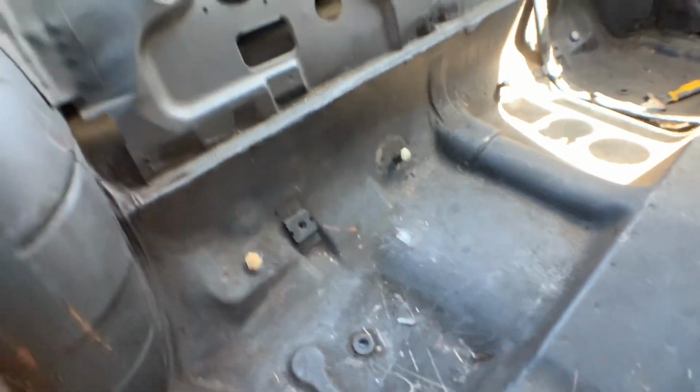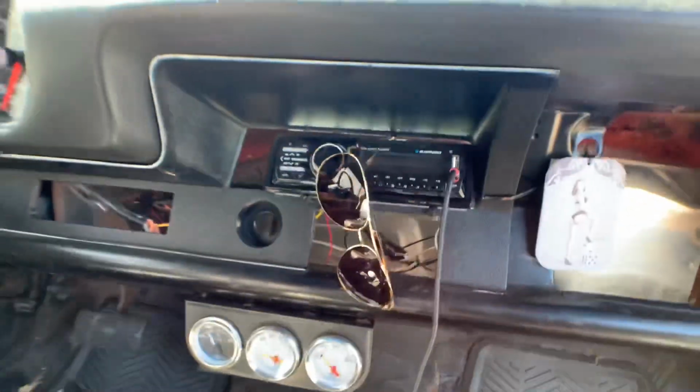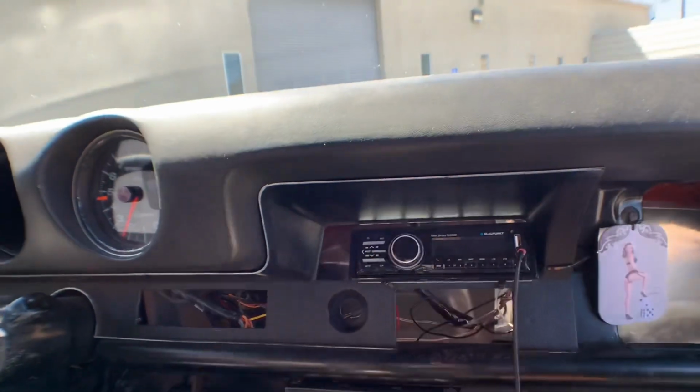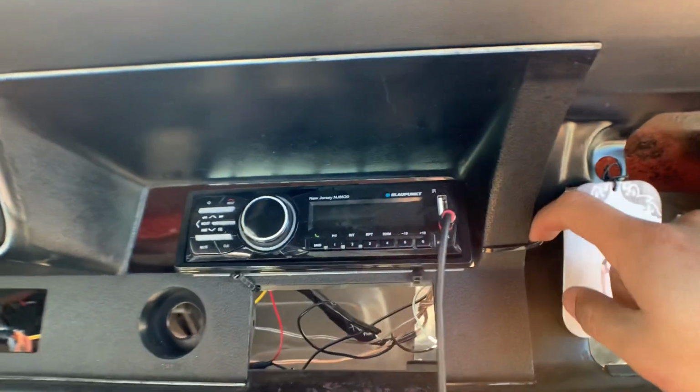We don't need a back seat. Honestly, I don't need more people riding in my car. This thing is a death trap. But yeah, interior, I keep it very simple, everybody. Pull these out of the way. As you can see, the steering wheel has been zip tied into place,